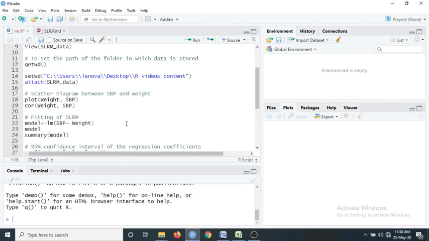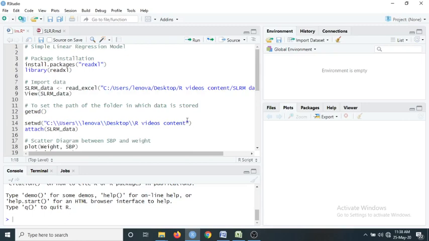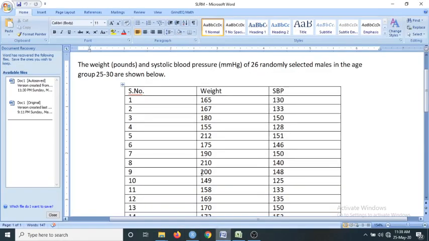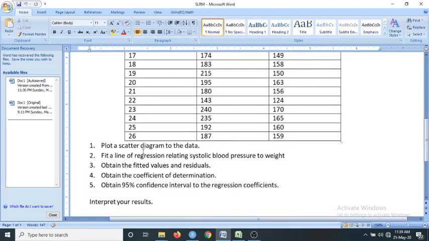First, have a look at the data set that we are going to use. It gives the weights and the systolic blood pressures of 26 males between the age group 25 to 30. The questions we are going to work on are: we have to plot a scatter diagram, fit a regression line between the systolic blood pressure and the weights, and obtain the fitted values and the residuals. We also have to obtain the coefficient of determination and the 95% confidence interval of the regression coefficients,